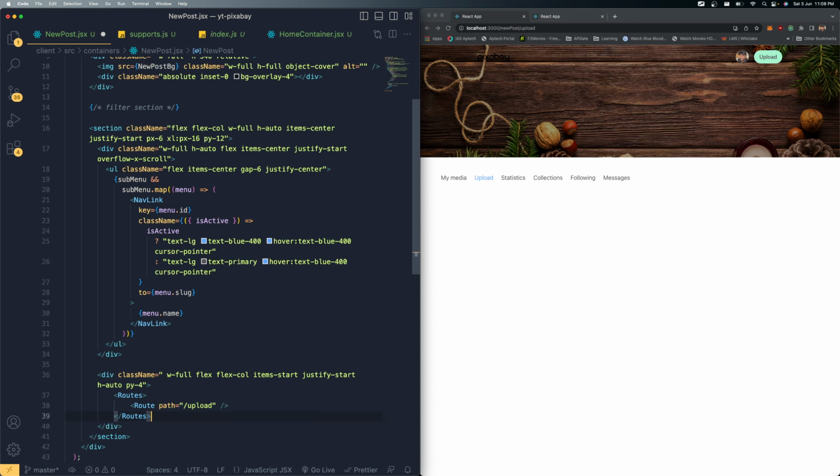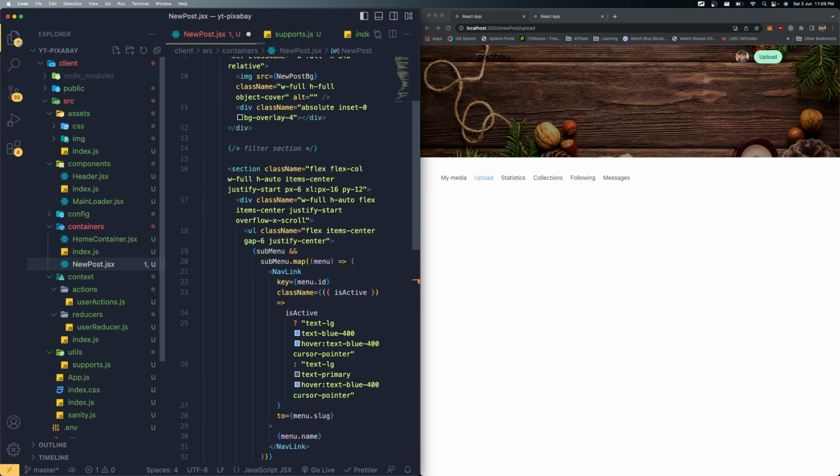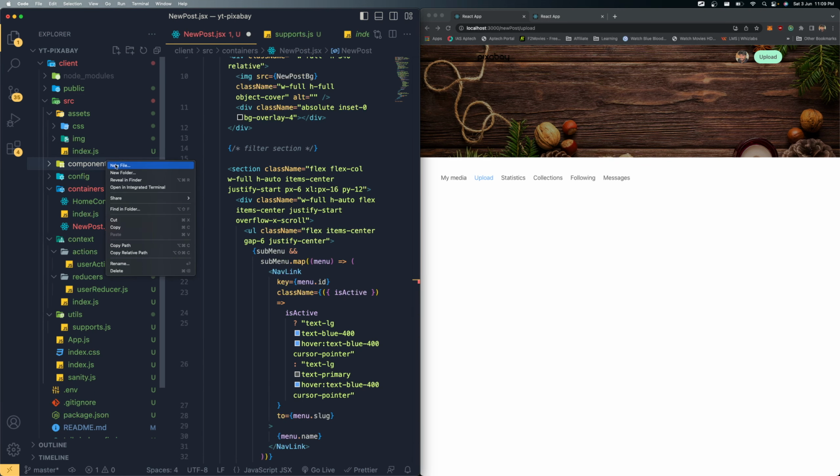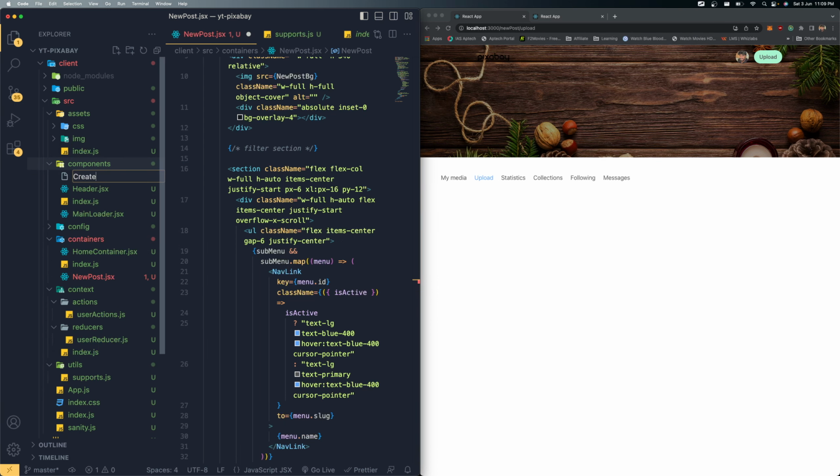When this specific route is active, the component I need to show over here is going to be the create post. Whenever the user navigates to this route, we need to create a separate component for it, which is going to be create